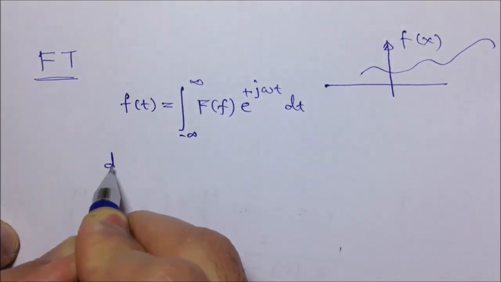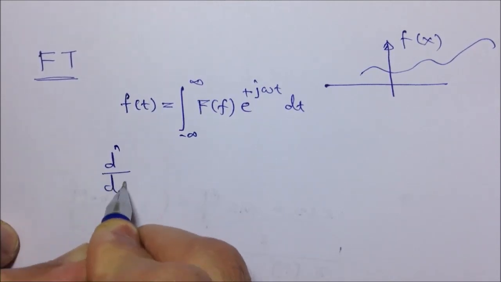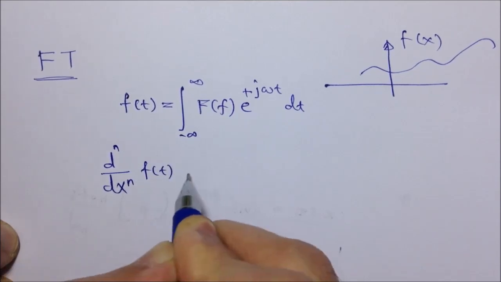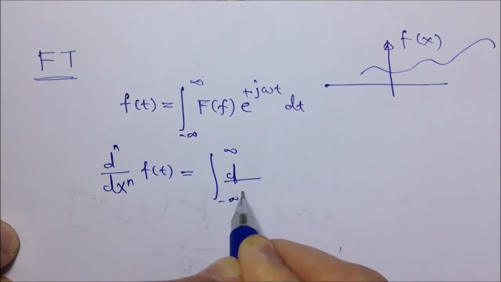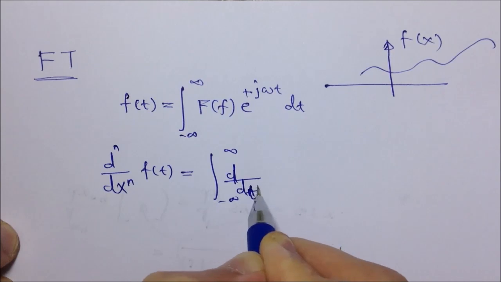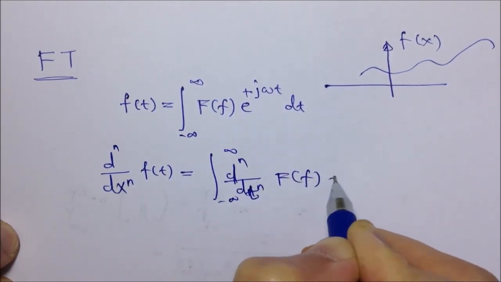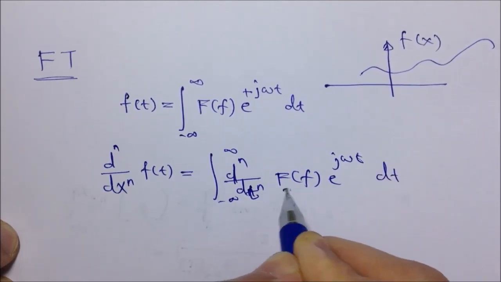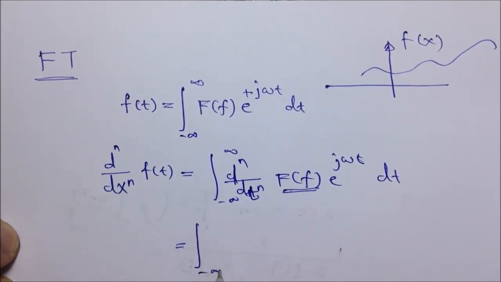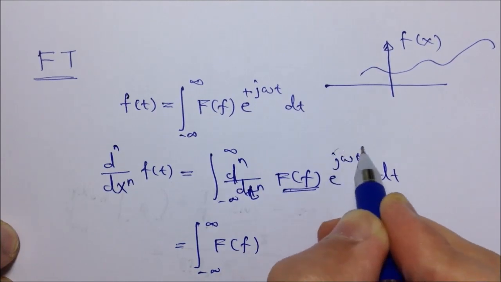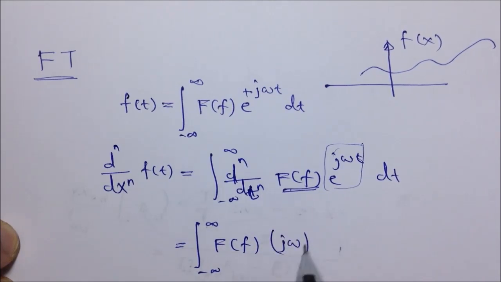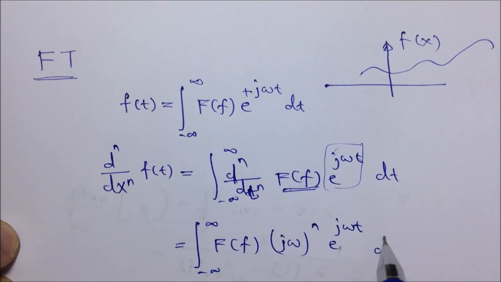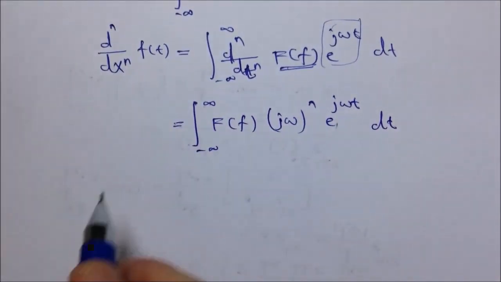So differentiating a function n times corresponds to taking the nth derivative of F(f) e^(jωt) dt. Now F(f) is a constant with respect to this differentiation. So we have F(f) and the nth derivative of e^(jωt) is (jω)^n e^(jωt) dt. So we can say that the nth derivative,